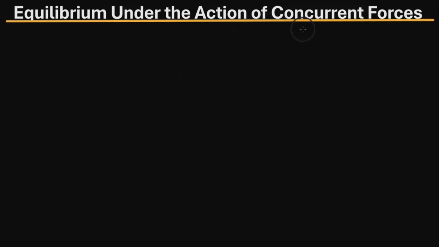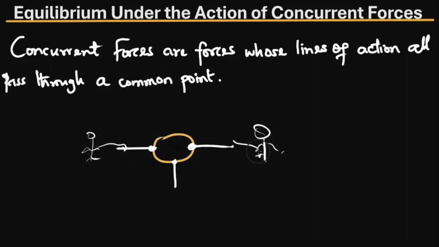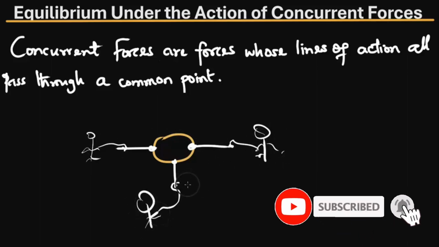Okay, so the very first question we want to tackle is, what are concurrent forces? Concurrent forces are forces whose lines of action all pass through a common point. Let's say for example we have a ring, and then we have ropes attached to this ring. So we have a rope attached here, we have a rope attached here, and we have a rope attached to this side. Now if someone stands here and pulls this rope, someone stands here and pulls this rope, someone stands here and pulls the third rope,